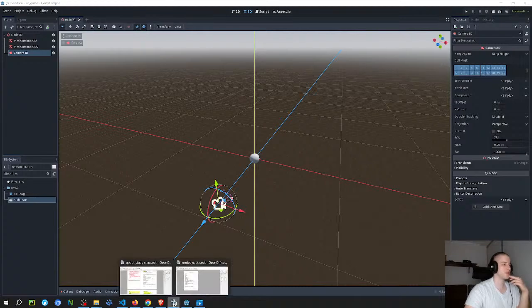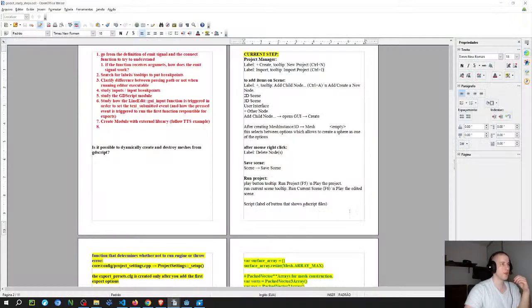Probably the first thing to do that is easier is just to create a module. Then from the module, try to simplify as much as possible to implement. So the idea is probably from the module, assuming I'm gonna be using the editor version. But the thing is, where exactly? Because the way that I was thinking about it is in the same way that I was doing the other application, where as soon as the executable runs, the thing is gonna create all the stuff that I need already. And this is the part that is kind of difficult to clarify, because